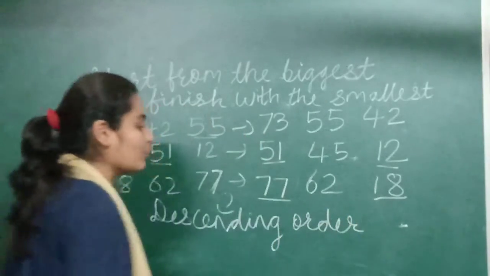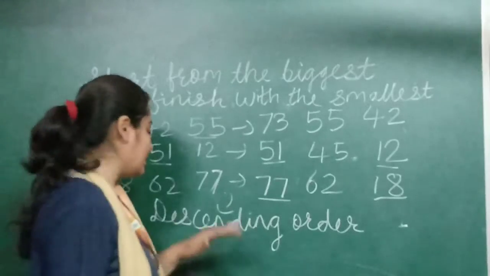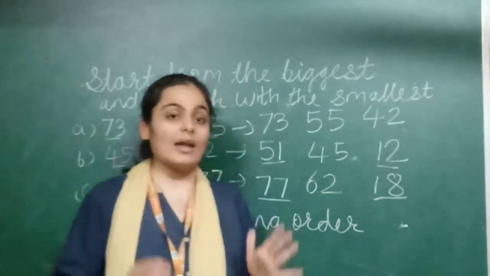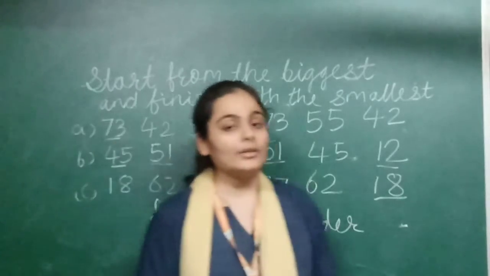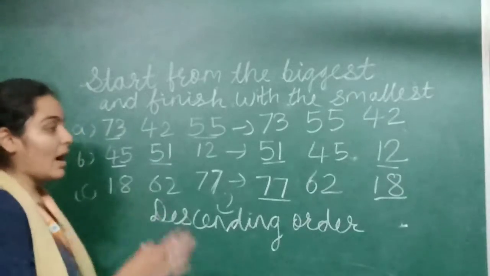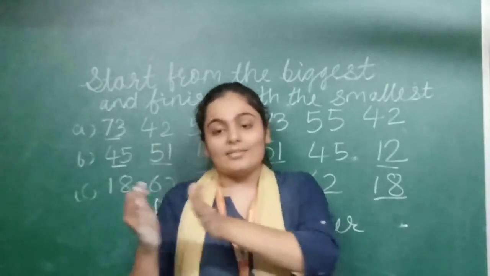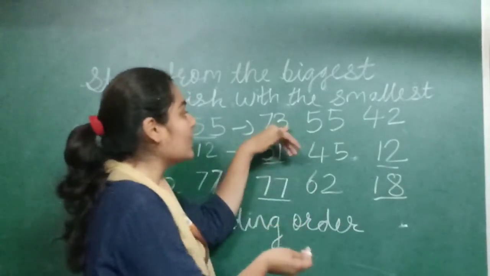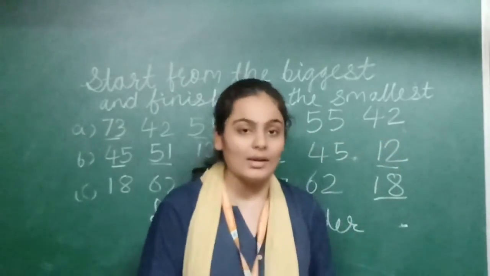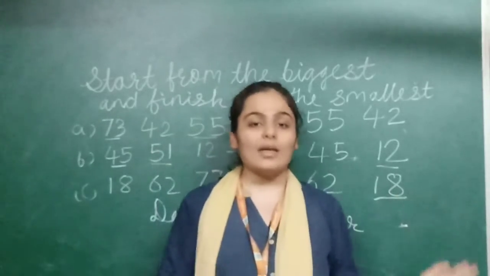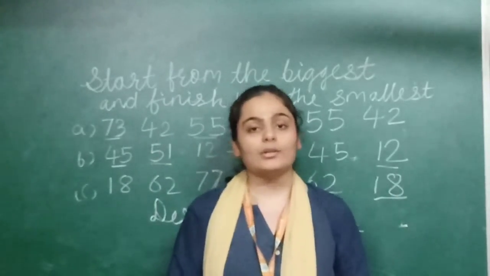Prior, what I explained to you about ascending order; now here, descending order. Okay. I hope you understand the concept of ascending order and descending order. In ascending order, it starts with smallest and ends with biggest. In the descending order, it starts with biggest and ends with the smallest. Okay. This is the concept of ascending order and descending order.